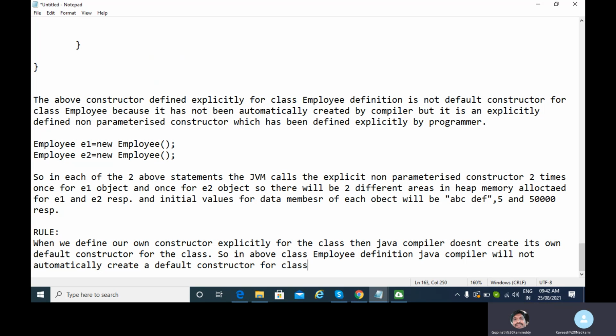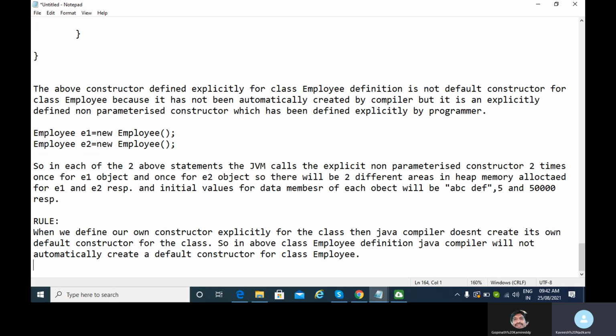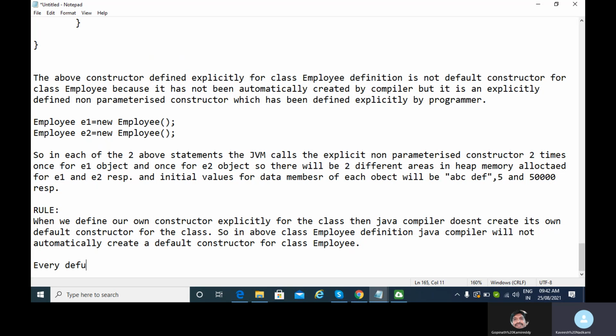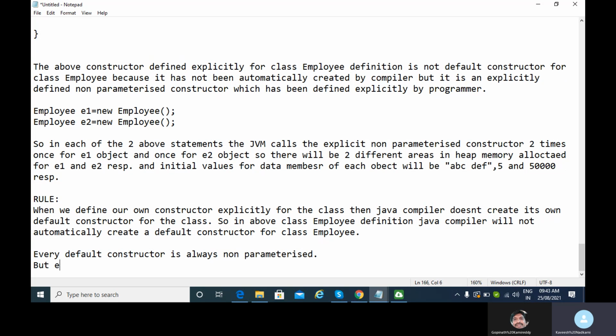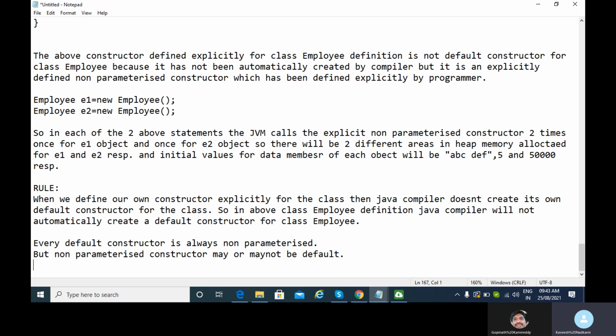Clear? Yeah. So you should know this, that we can say that every default constructor is always non-parameterized, but every non-parameterized constructor may or may not be default. Gopinath, am I right? Yeah. Because the above non-parameterized constructor is an explicit constructor, no? So yes, it's not a default constructor.